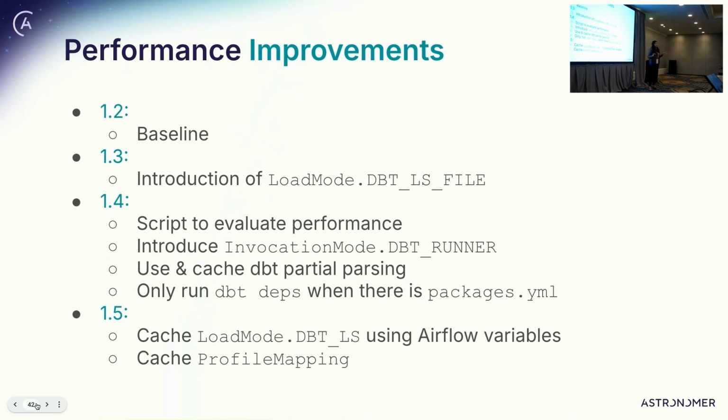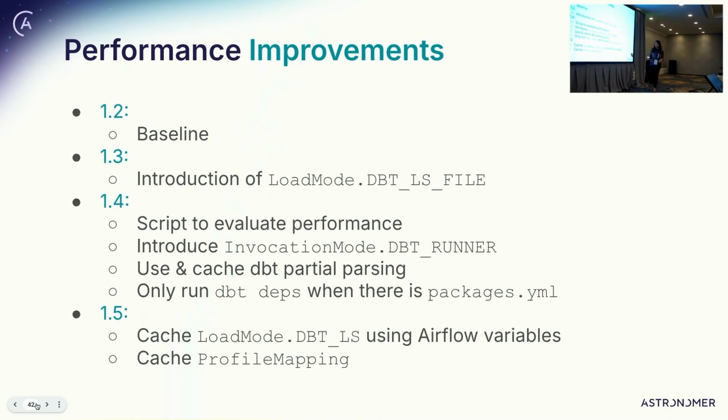So I said, okay, what if we try to store that in a remote storage or dbt-ls? And then we saw, well, Airflow variables could be quite cool because people can actually see their cache and they could purge it if they want to. And then there were lots of interesting things with this, and this helped with the queuing time. I will show that further on.